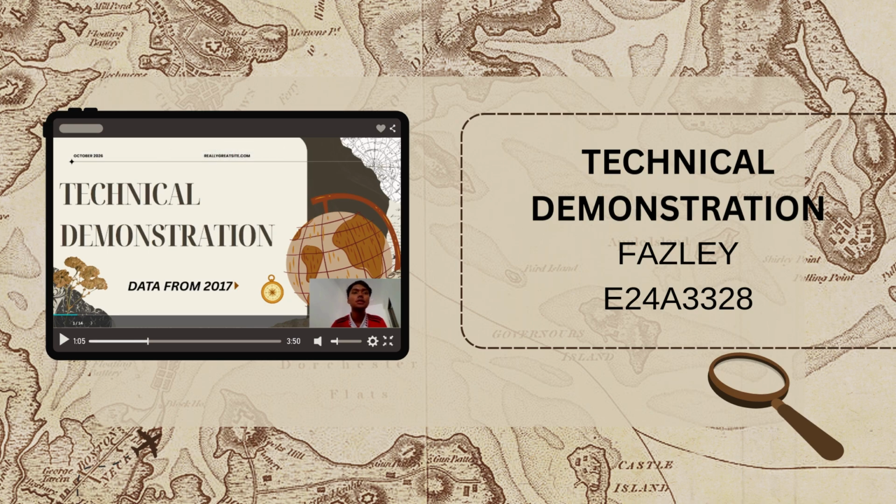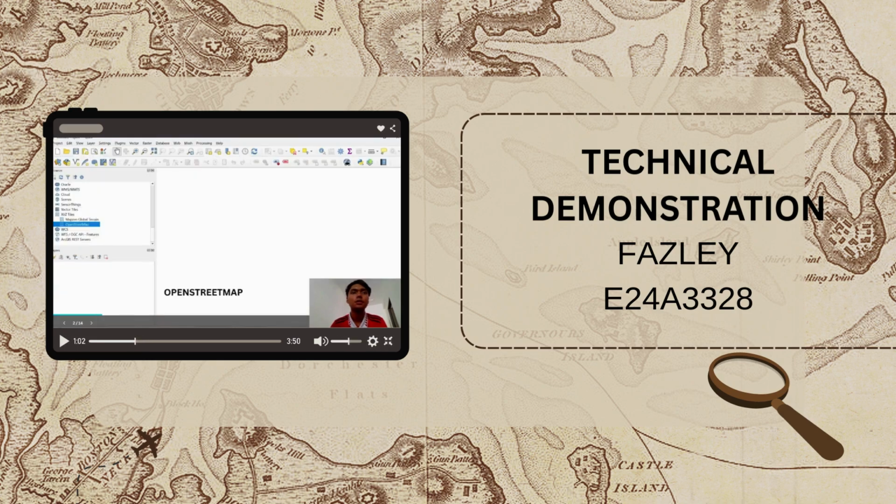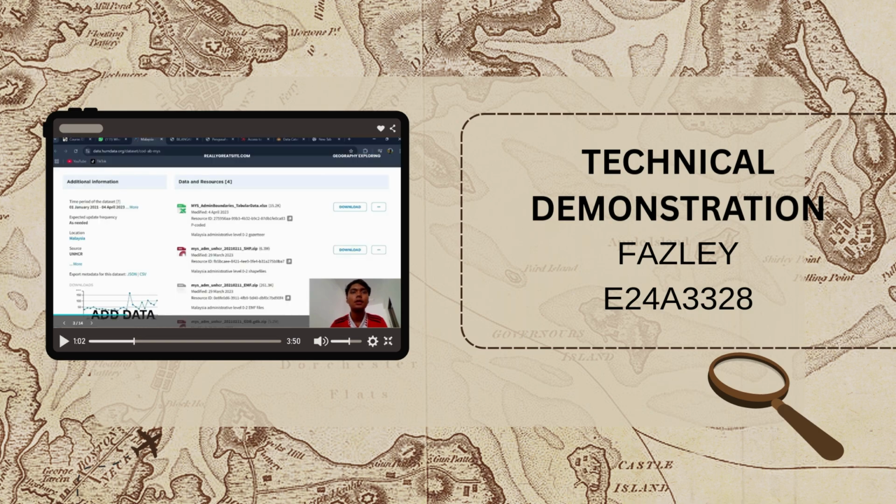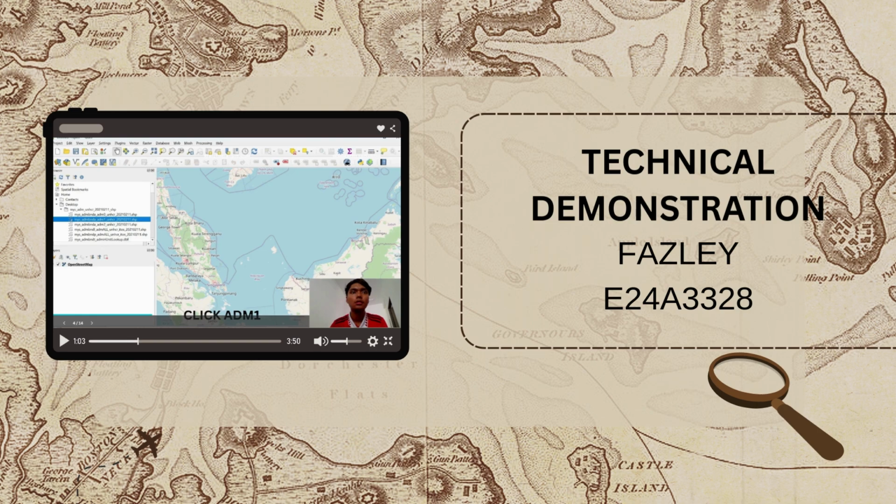So I will talk about the technical demonstration that I did for data from 2017. Firstly, I will download the QGIS app. Then I open it, and the first thing I did is I click OpenStreetMap, and then I download the data for Malaysia boundaries. Then I will click at the ADM1. Then the map will appear,